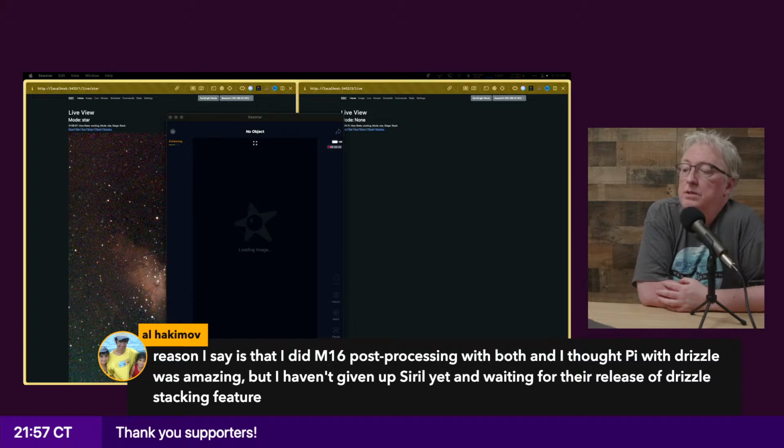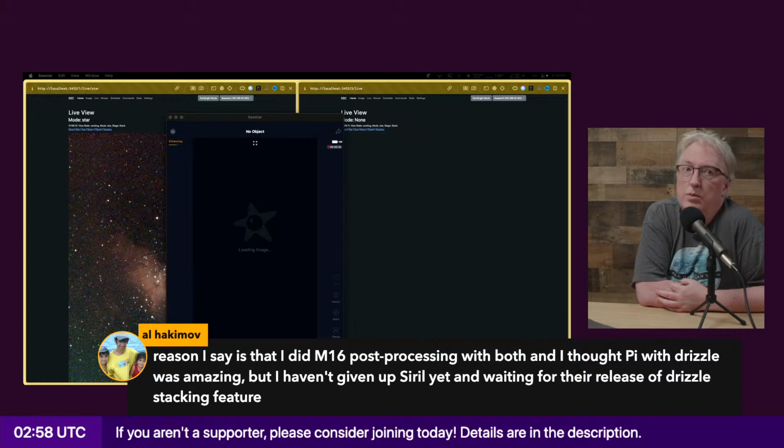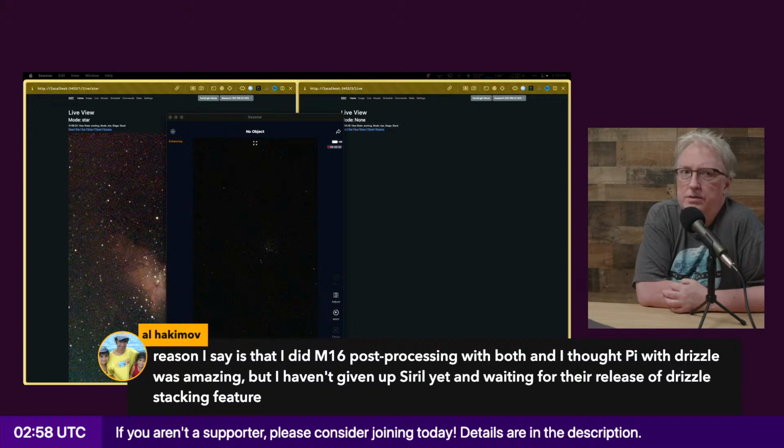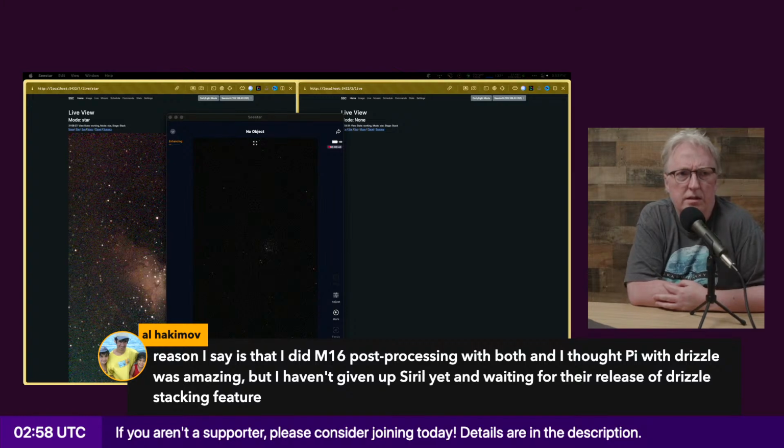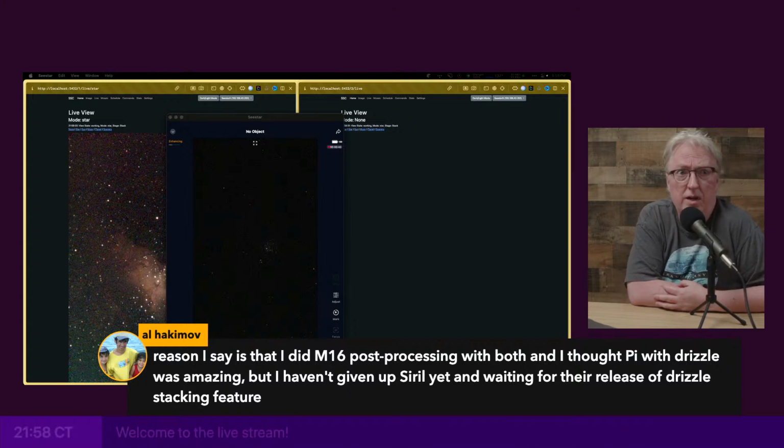So if you're using Mac or Windows, you can either build the alpha version of Siril, which has proper drizzling, or there are binaries on their build chain. They're automated builds, and that's actually what I'm running right now.